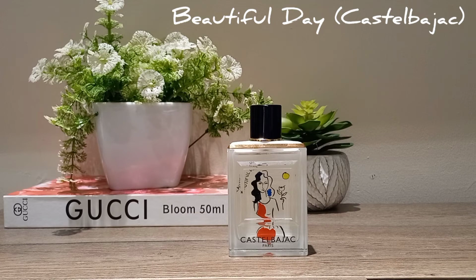And so I decided to give it a try. So I sprayed it on my wrist overnight, and I woke up to a lighter vanilla almond scent that wasn't that bad after all. So I think if you can be patient with the opening for like 2 hours, which is a very long time to not be happy with your scent, and then it begins to dry down into